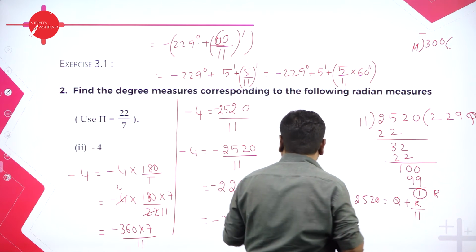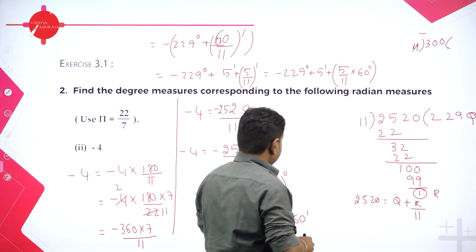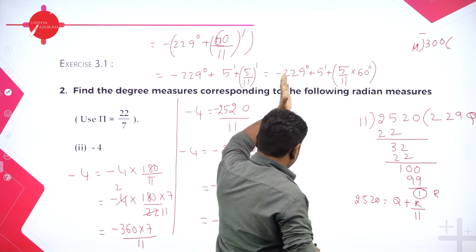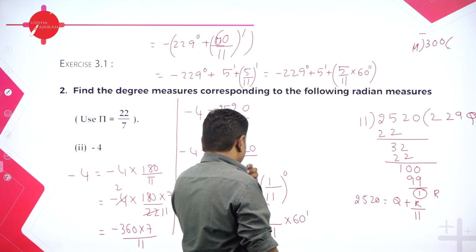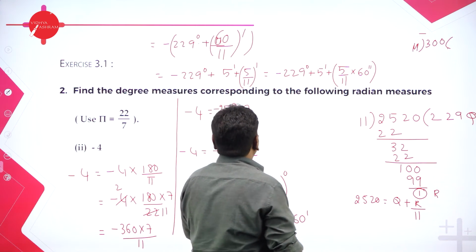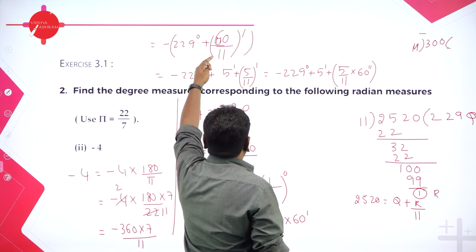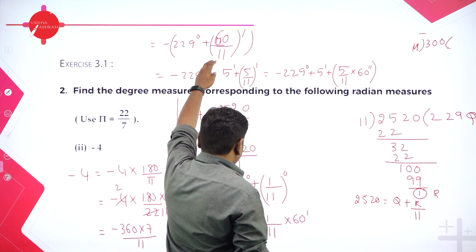See here, I multiplied 60, then I got a number, then I divided that and wrote it, after multiplying by 60 seconds by 11, so 60 by 11,